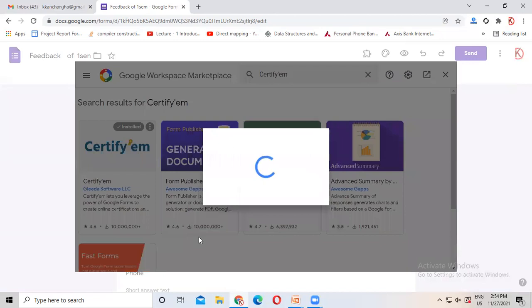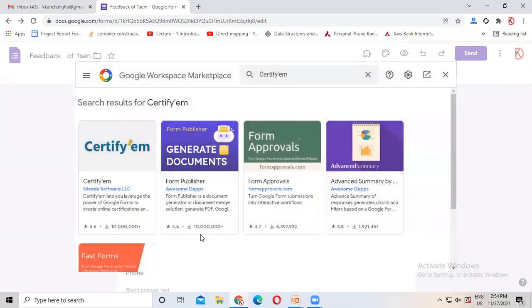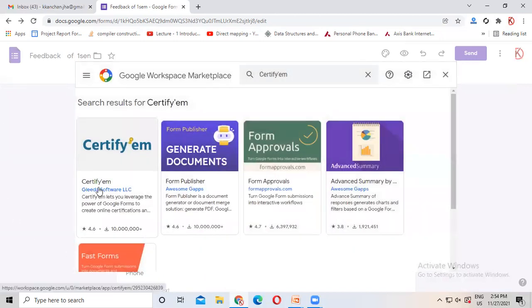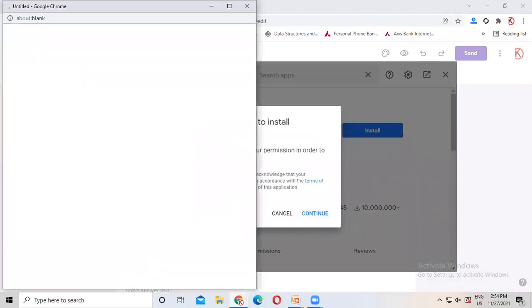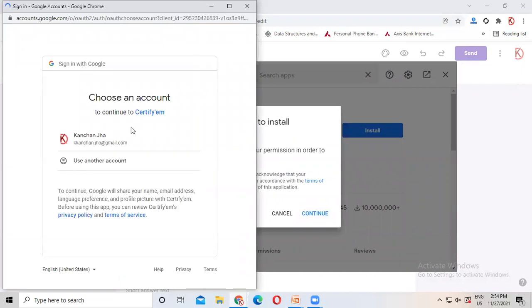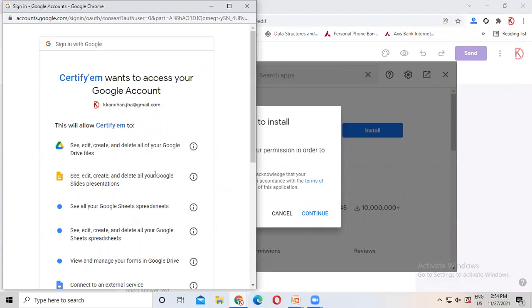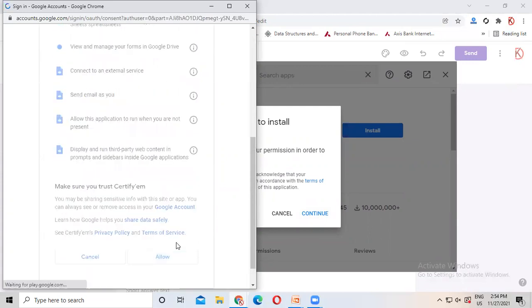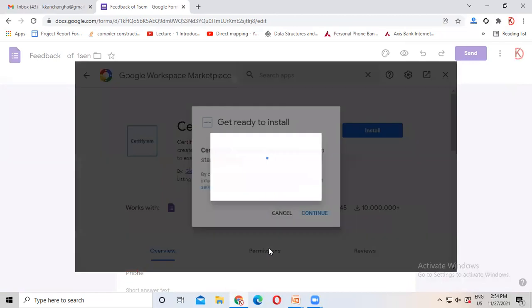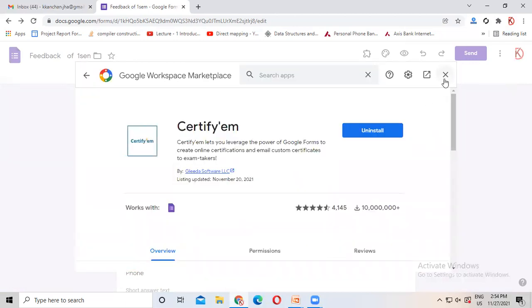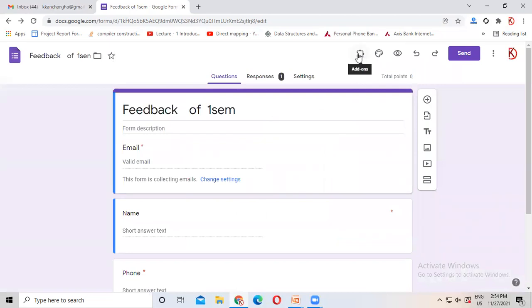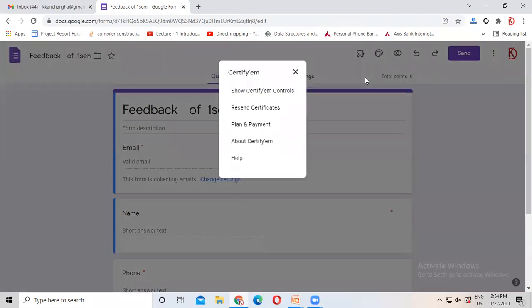I'm uninstalling it and then installing it again so that I can show you all the features of this one. After installing, I'm going to click on Add-ons, then Certify'em.